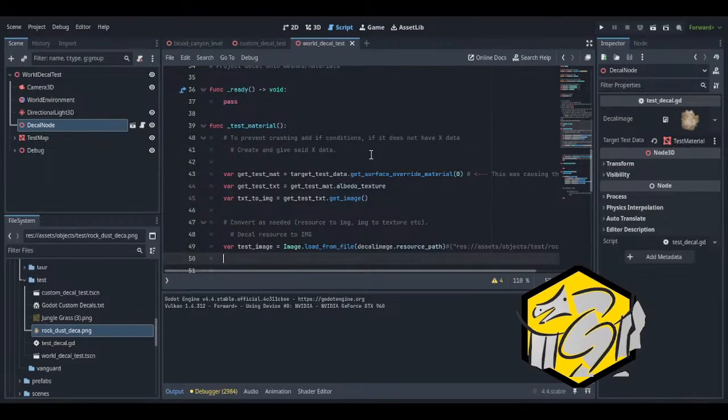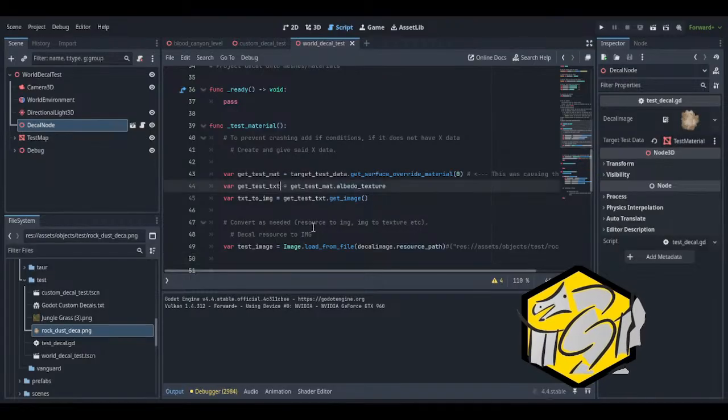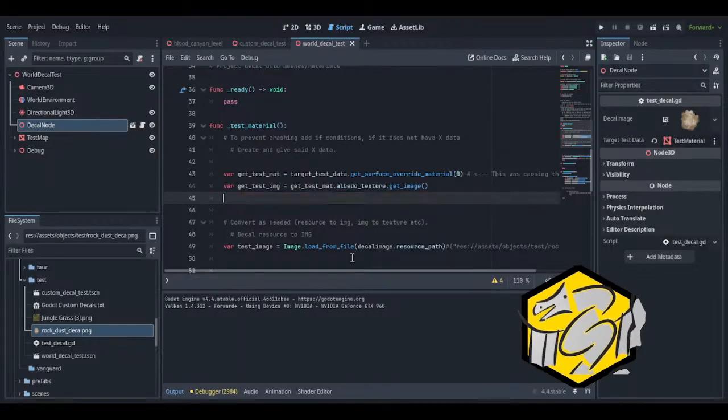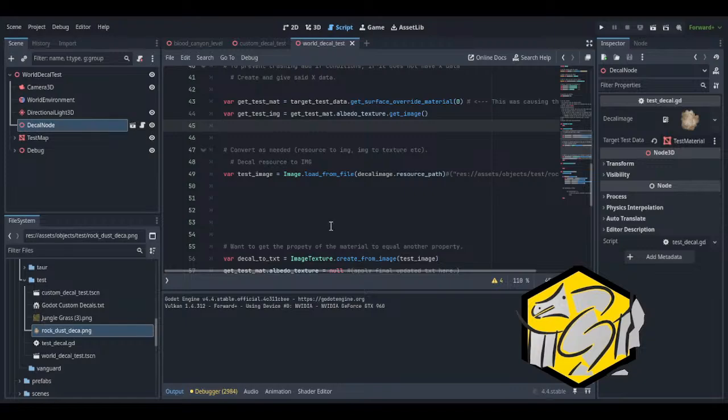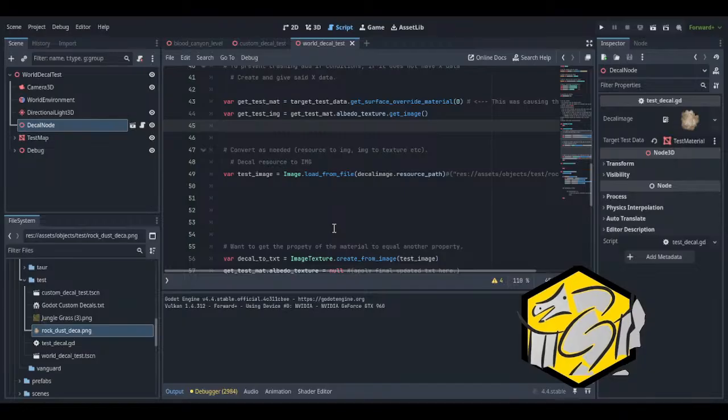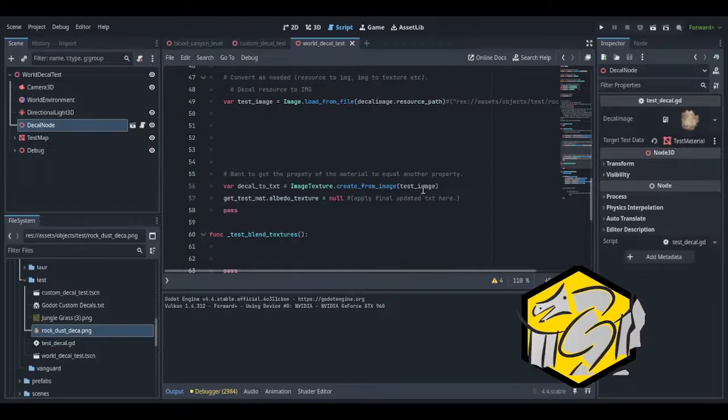It said texture 2D, so yeah, that should be right. Get test texture. Or no, actually, should get test image. I could probably skip a step here and just go straight to get image. So now that we have an image, we can test to see if it worked. All I gotta do is take get test image and put it into here.